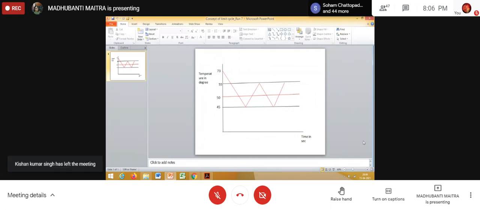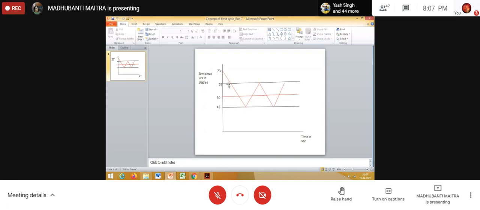Again, this is a very poor graph. I couldn't draw the exponential nature, but what I have tried to show you is that when we changed the reference input from 70 degrees to 50 degrees, at that time, if you assume that the temperature of the plant was 73 degrees, then now the fan will be connected in the circuit, and the temperature of the plant will start decreasing in an exponential manner, as we have seen in the cooling process when the system was operating in open loop.